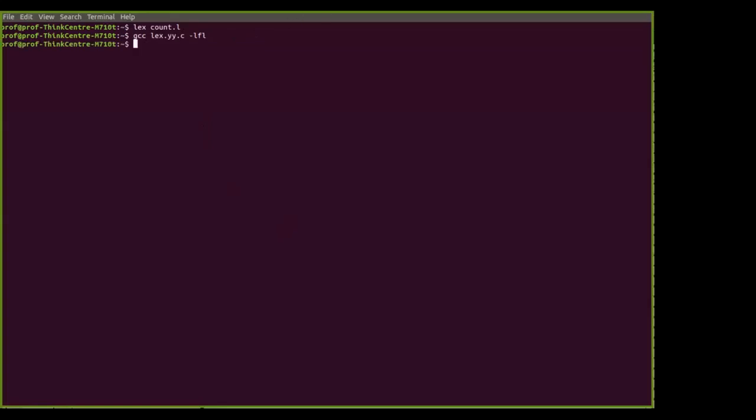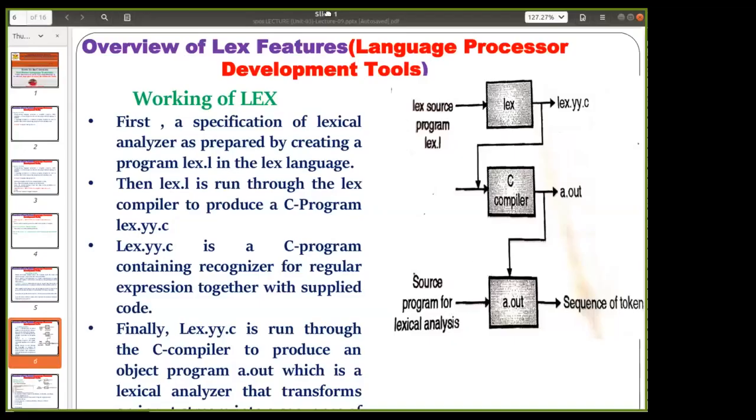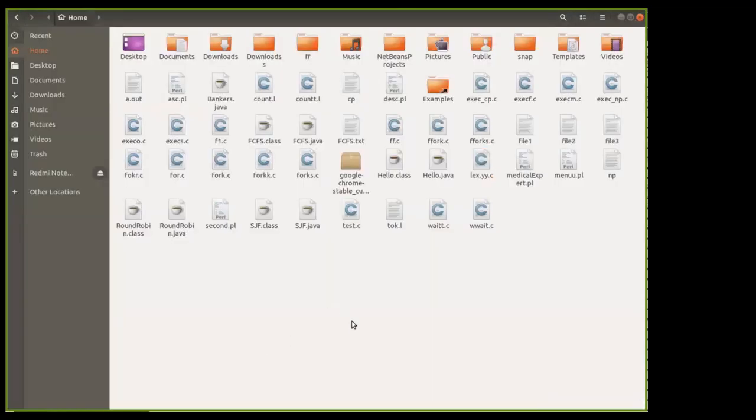Now after compilation, you can see in this figure which file will be generated. The a.out file must have been generated. Let's see whether it is generated or not. For that purpose, again you have to go to the home. Here you can see the a.out file is generated on the home. This a.out is nothing but the first phase of compiler you have designed and developed, the lexical analyzer. With the help of the lex program and lex compiler, you have generated the first phase of compiler, that is the system program, the lexical analyzer.